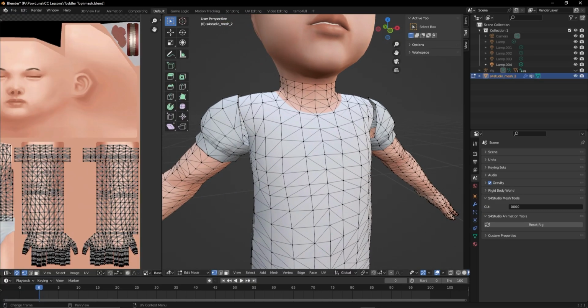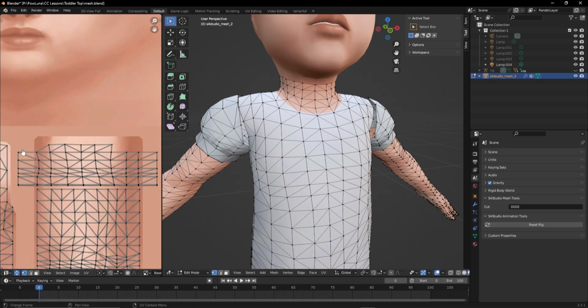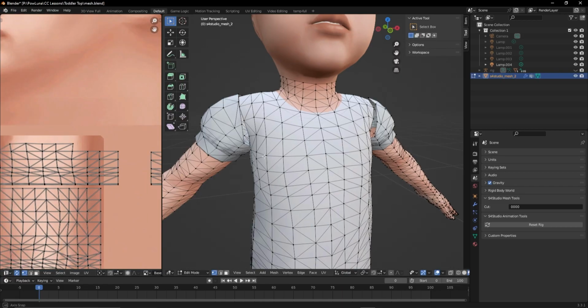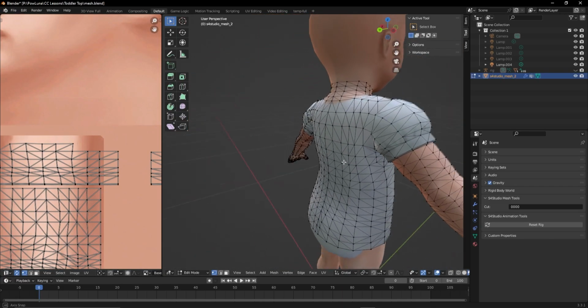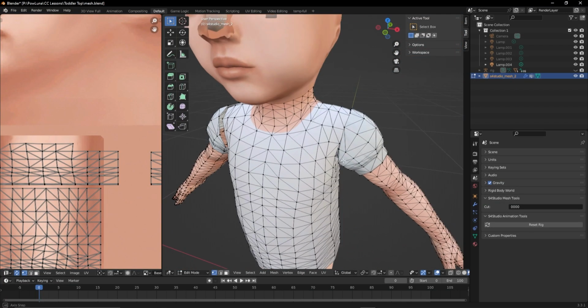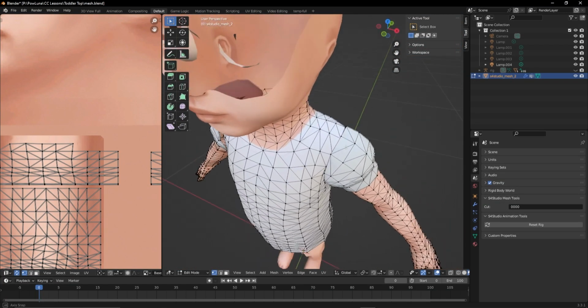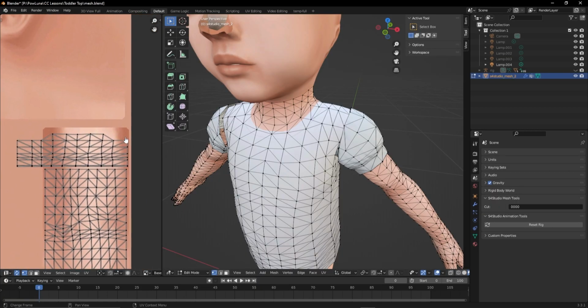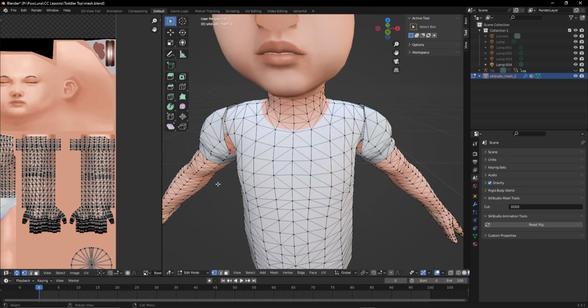But now you see this looks very bad. It looks like there is something missing. And also, this time it looks okay in here, but I want to have a good UV layout. So I have to make some changes before I delete something. I go back, Ctrl Z,